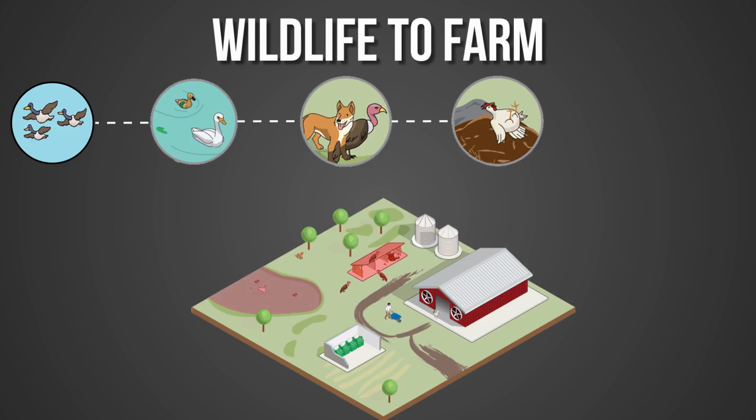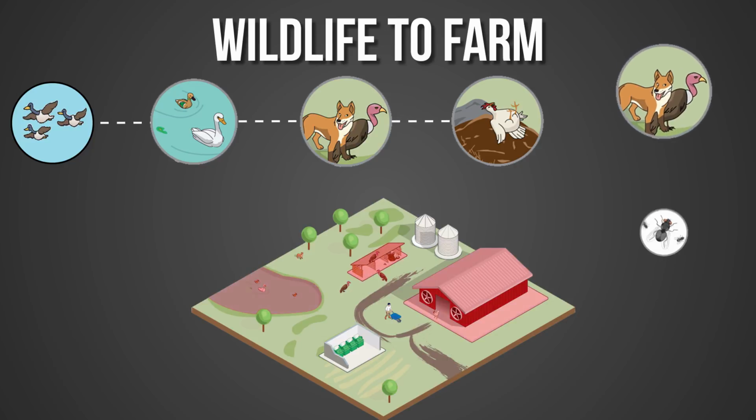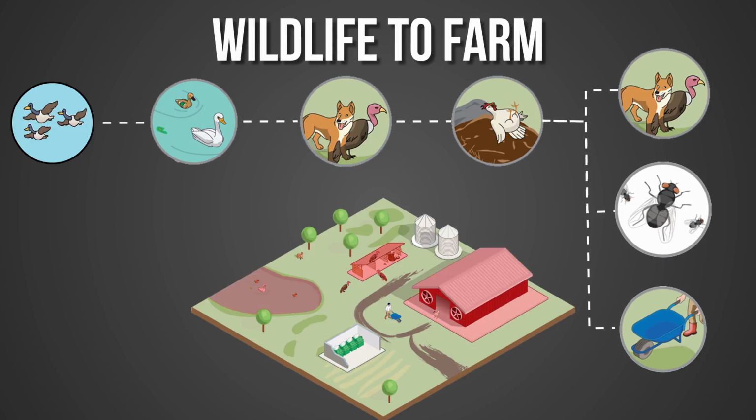While there, they can transmit the disease mechanically via their fur, feathers, or feet, or biologically via their feces or saliva. 6. Once introduced to the farm, the disease then spreads to the poultry houses through animal, fly, or human activity on the farm. This chain of events leading to infection can be prevented, however, simply by removing the food